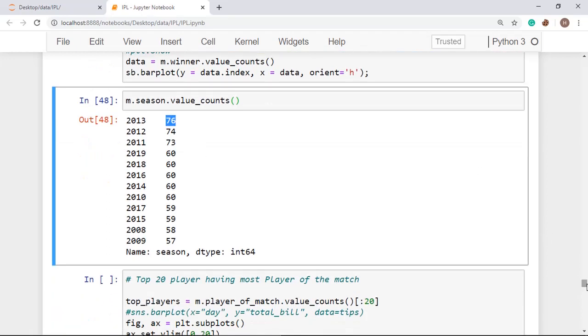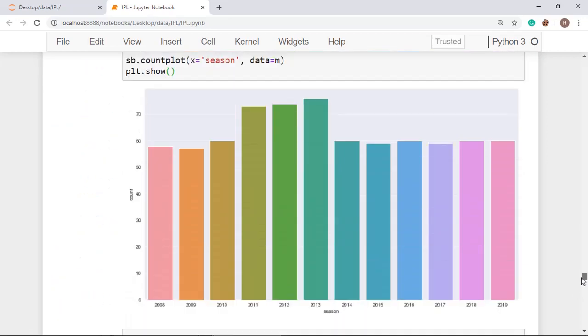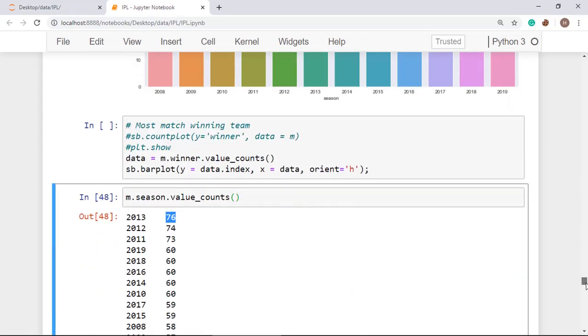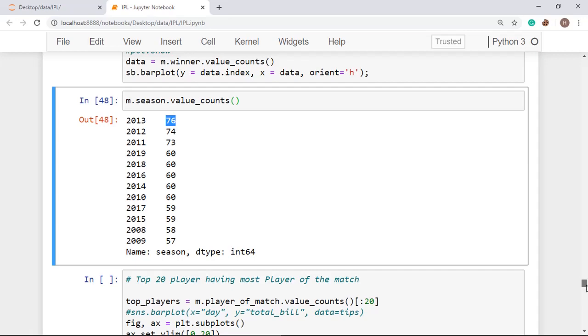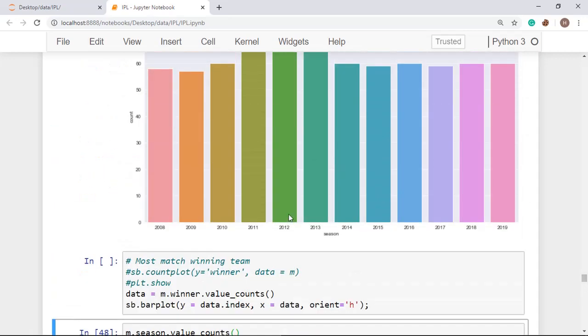In 2009, 57 matches have been played, and you can verify it with the graph. In 2009 the bar will be the lower one. You can see this bar is the lower one and it is near about 60. All right, 57 in 2009 and 58 in 2008. So you can see 2008 is just a greater one. So in this manner you can visualize the data.